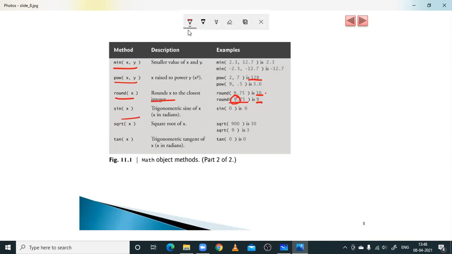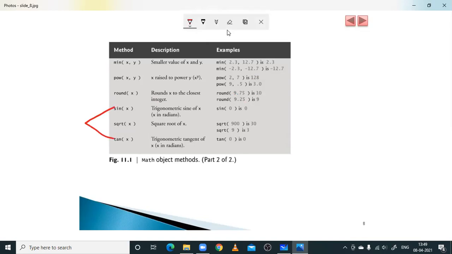This is the sin x value. Then square root of x, and tan x. These are completely trigonometric. This is sin x as well as tan x.